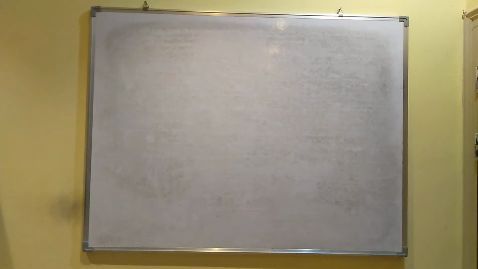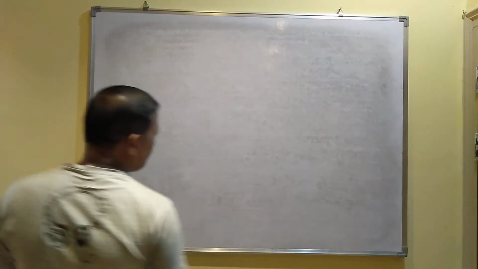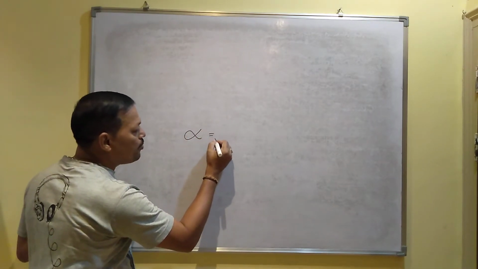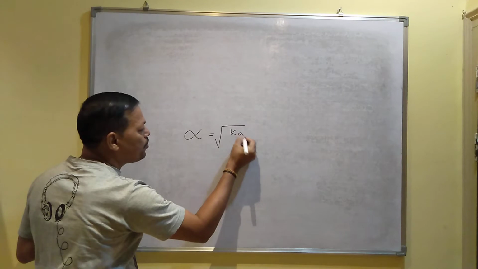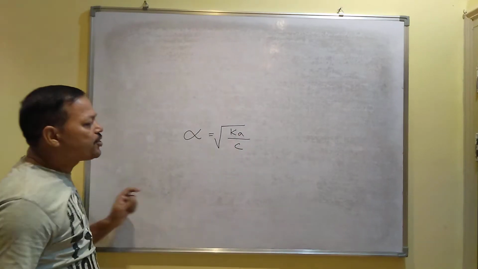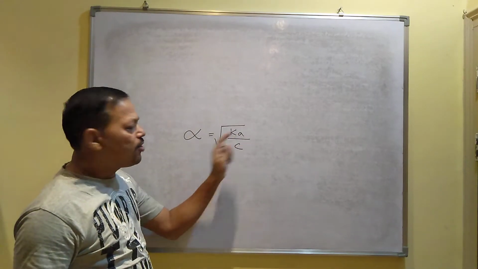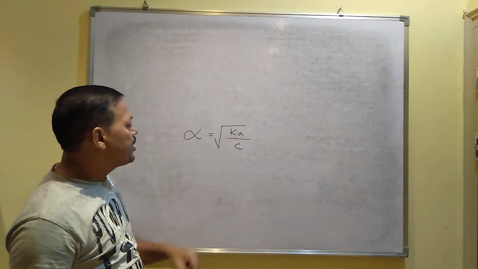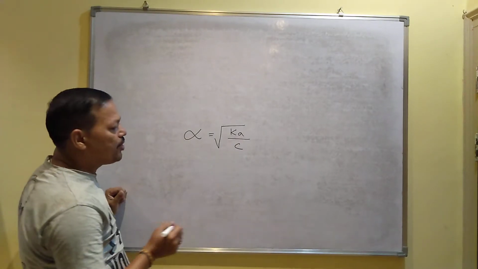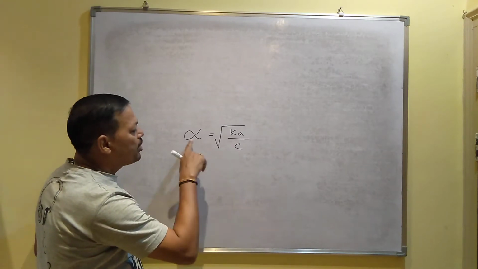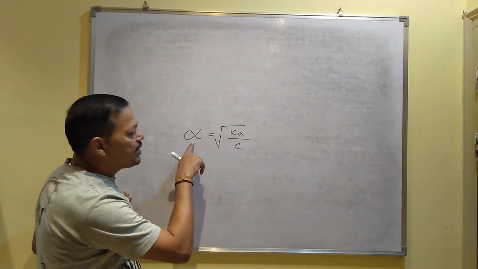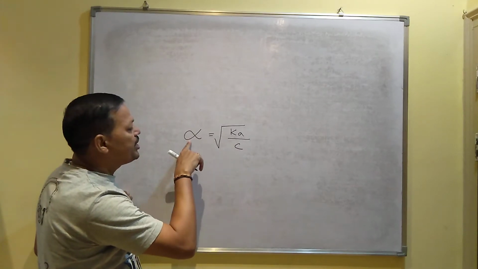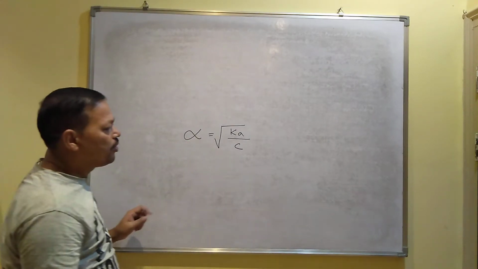Okay, already you have got about the Ostwald dilution law. From Ostwald dilution law, you can find out the degree of dissociation. Degree of dissociation alpha is equal to root over K by C. K is called the dissociation constant of acid, and C is called the concentration. For a weak electrolyte, if the concentration is more, the degree of dissociation will be less. And when we decrease the concentration, the degree of dissociation will be more.